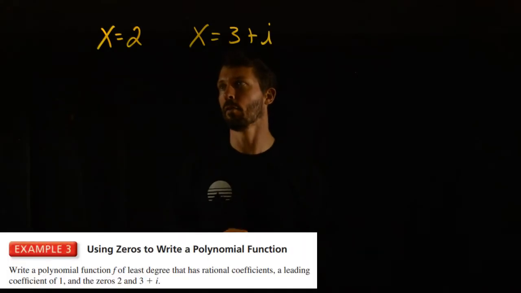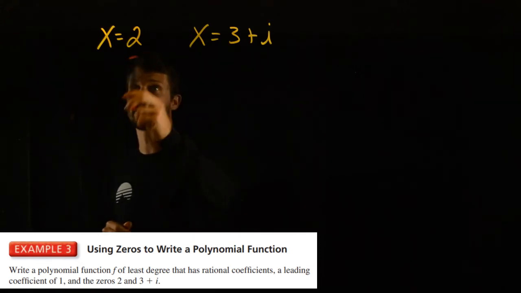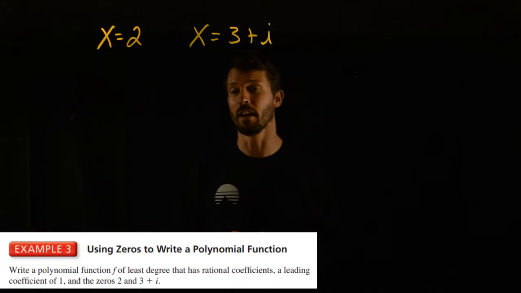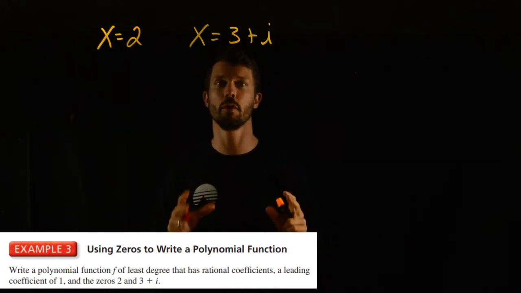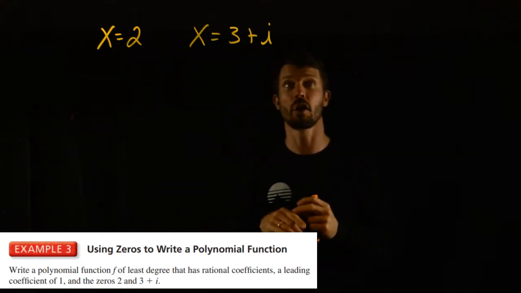Right, so they want us to write a polynomial function given zeros. So I know that my x is equal to 2, and I know another x is equal to 3 plus i. Now this is very similar to what you've done in the past with the irrational conjugate theorem. Now with this, it's called the complex